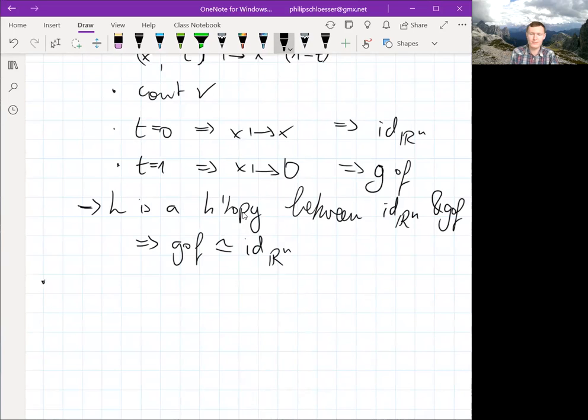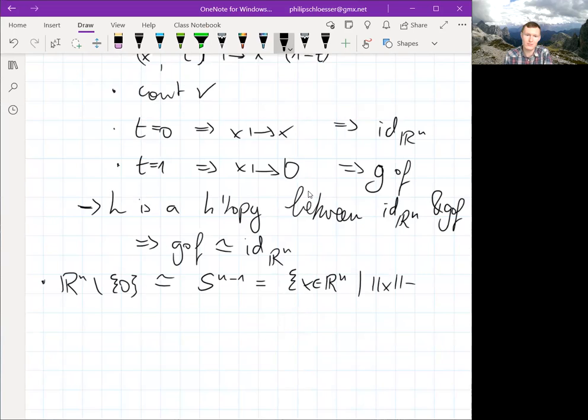And now, a second important example. We have R^n, but we take one point out. R^n minus the origin, and that one is homotopy equivalent to the (n-1)-sphere, the set of points in R^n that have norm 1. Why is that the case? Well, we can map,